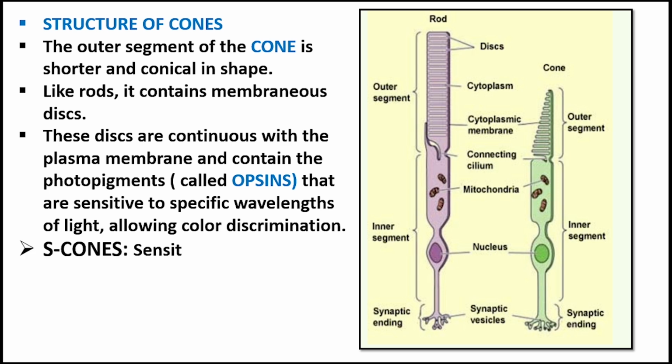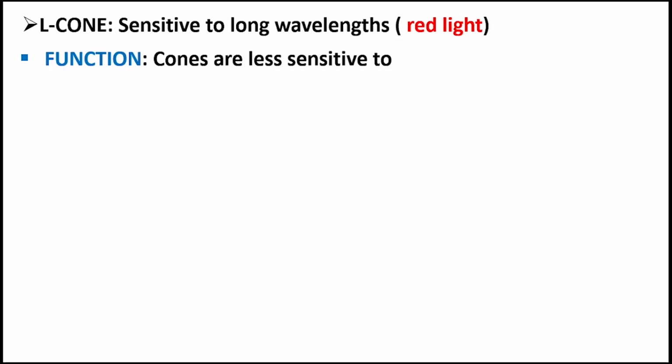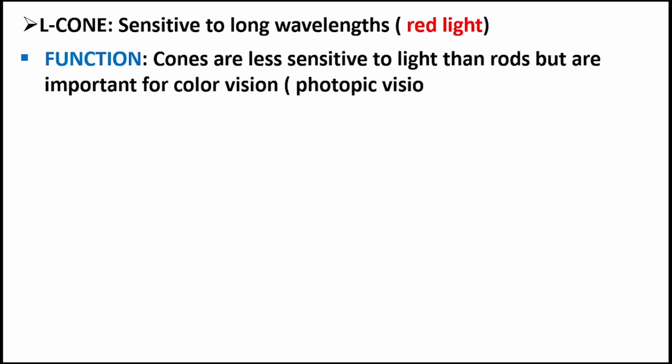S-cones, sensitive to short wavelengths, blue light. M-cones, sensitive to medium wavelengths, green light. L-cones, sensitive to long wavelengths, red light. Function: cones are less sensitive to light than rods but are important for color vision, photopic vision, and function best